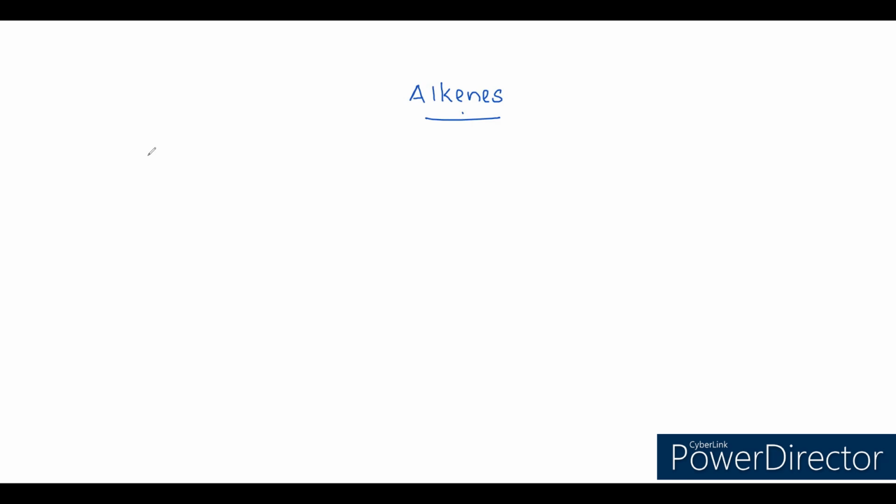In today's video, let's learn what alkenes are, how we can name alkenes, and what some of the properties of alkenes are. So to begin with, point number one is that alkenes are hydrocarbons. What is the meaning of hydrocarbon? They are compounds which contain only atoms of carbon and hydrogen. They have the general molecular formula